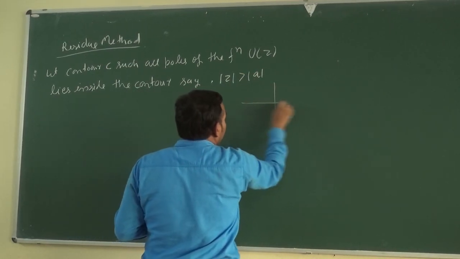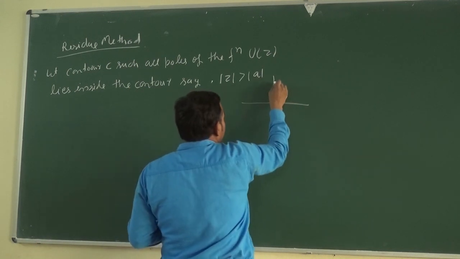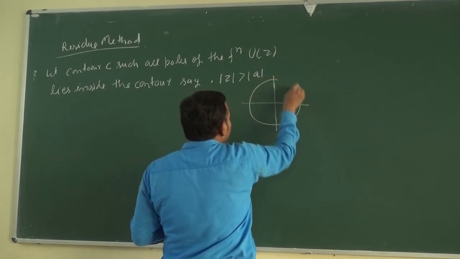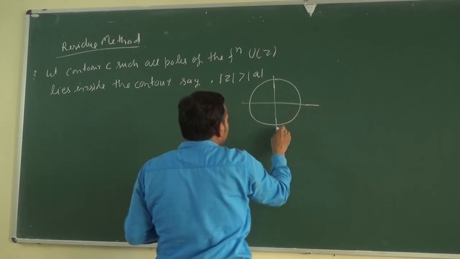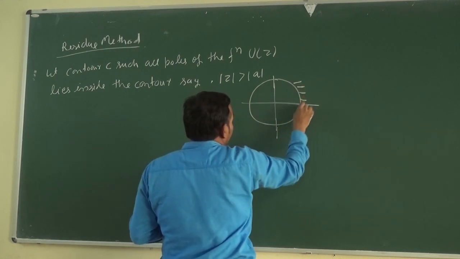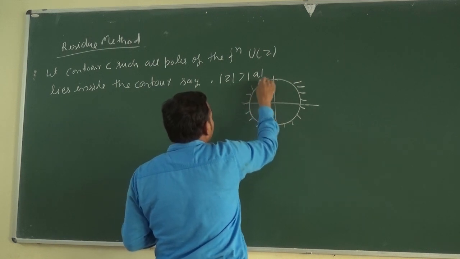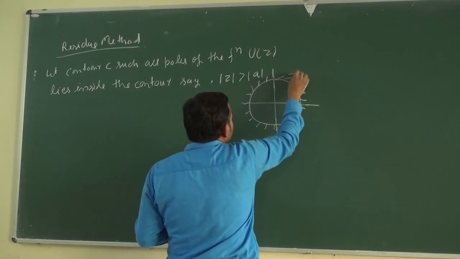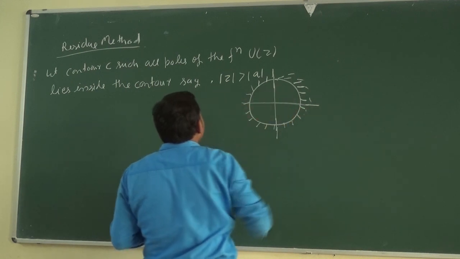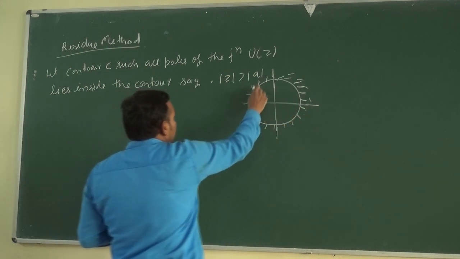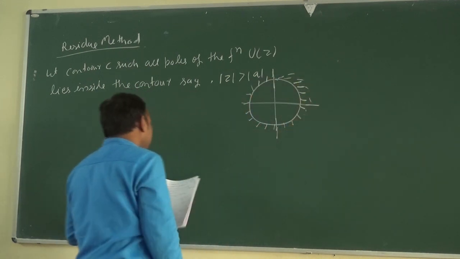Means if we have a function U(z) such that all the poles lie inside the contour, in this area, then